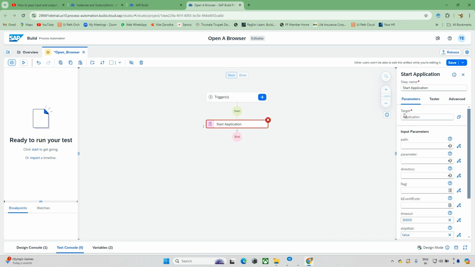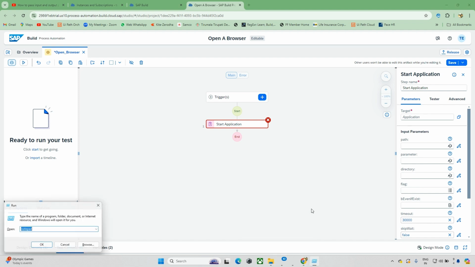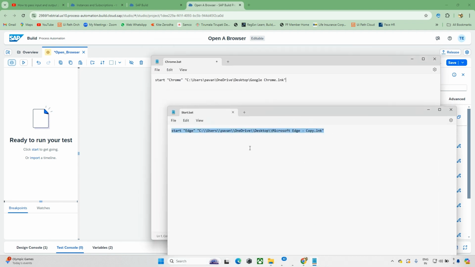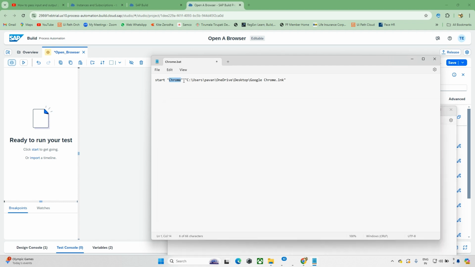When you check here, the target is also mandatory here. That's why we need to create one more step, which is a bat file. Just open this notepad, and if you check here, this is for Edge and this is for Chrome. Okay, now just save this as